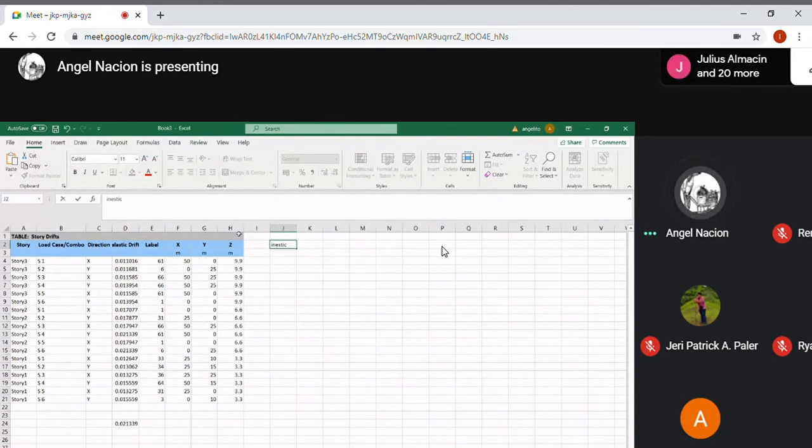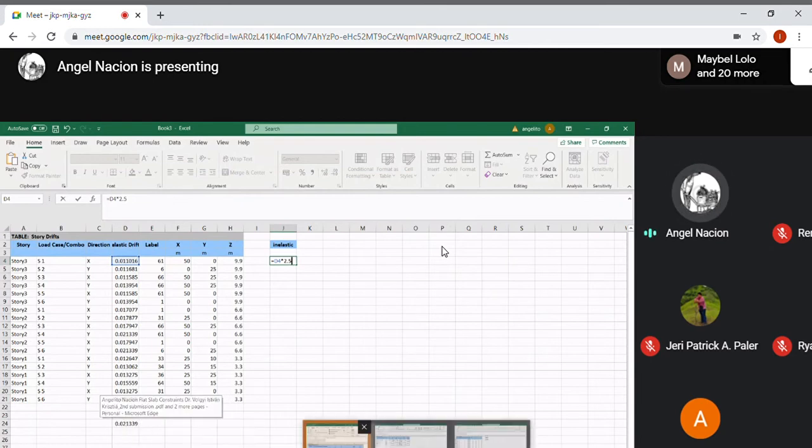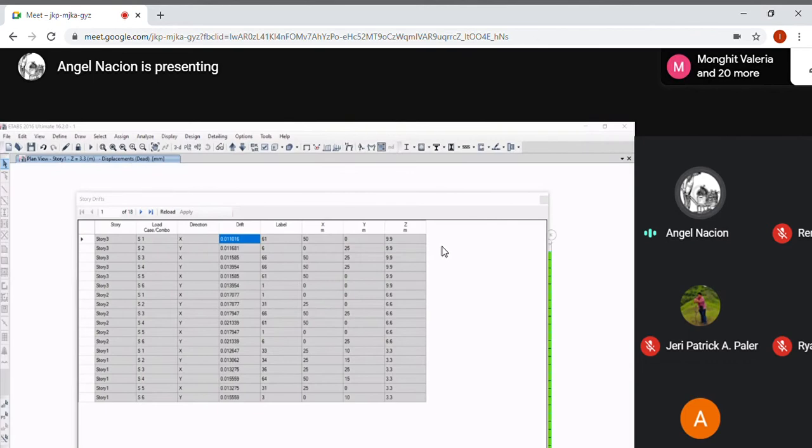Inelastic drift is the product of the elastic drift and the response modification factor that is from the ASCE kanina. If you still remember, ASCE, the response modification factor,